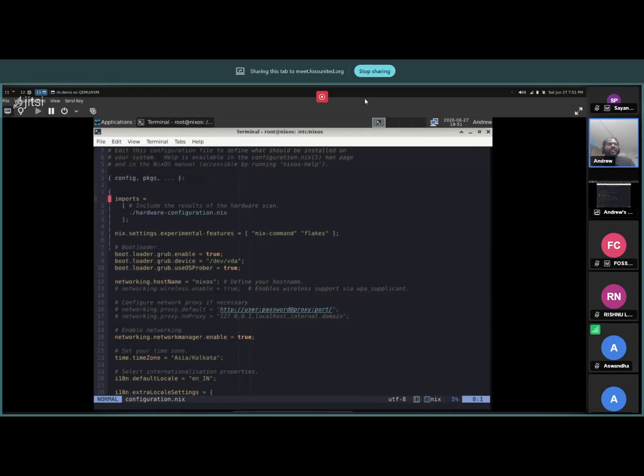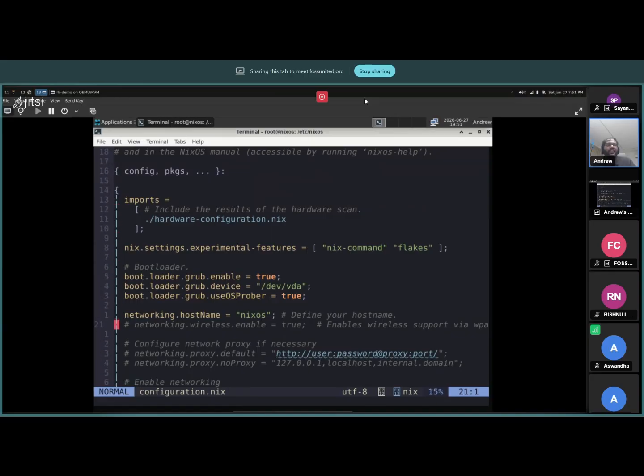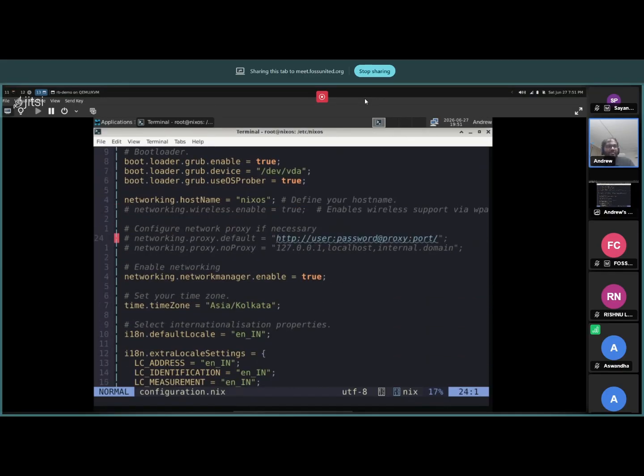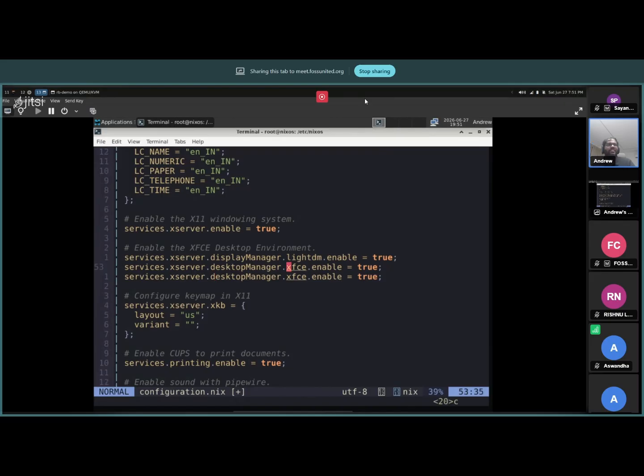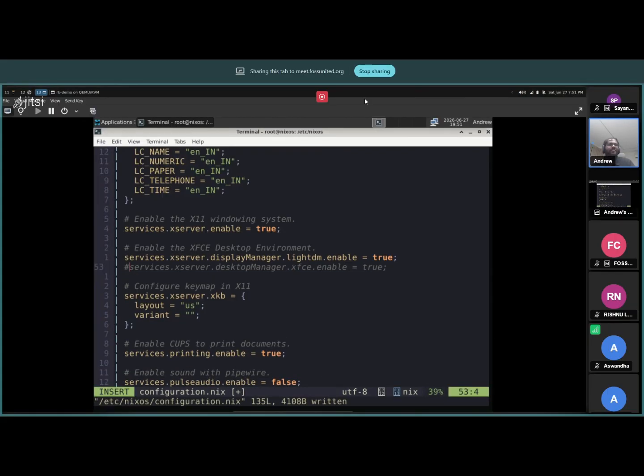And if I go deeper into this, you can see that a lot of configuration is actually done here in the Nix language. So you can see that this is a Nix file. I have defined a lot of things here: my time zone is defined here, what my locales are is defined here, the fact that I'm using XFCE is defined here. So for example, if I want to switch to KDE, I just remove this line and change this to KDE, and then if I apply this to my configuration, it basically gives me KDE.